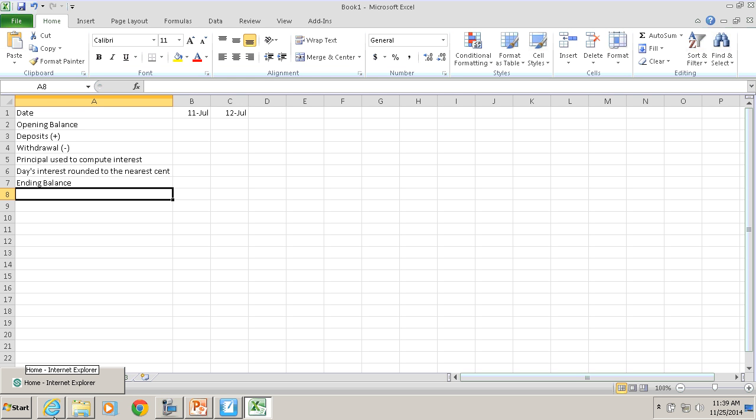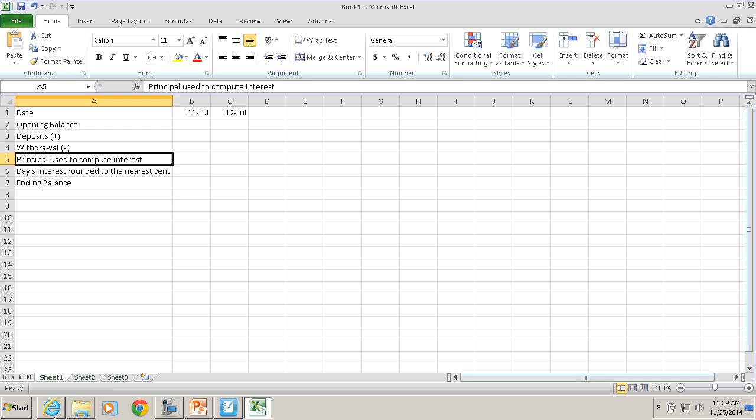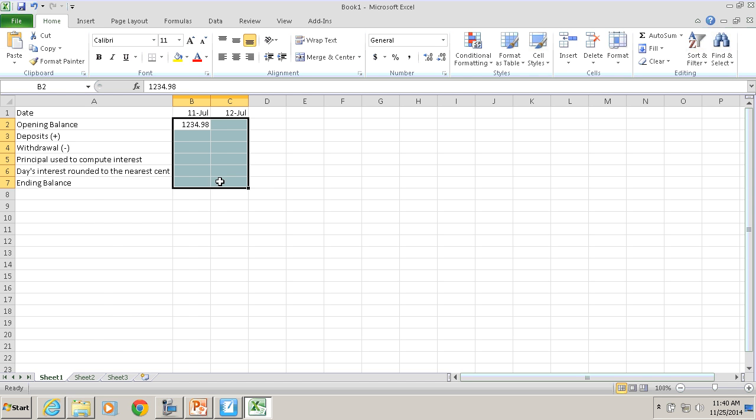Okay, so the first thing, if you were to refer back to the problem after you fill out all these, if you were to look back at the problem, it says the opening balance was $1,234.98. So for the first day, I'm going to start this day with $1,234.98. Now, if you remember Excel, you can click on these cells, and you can make them money